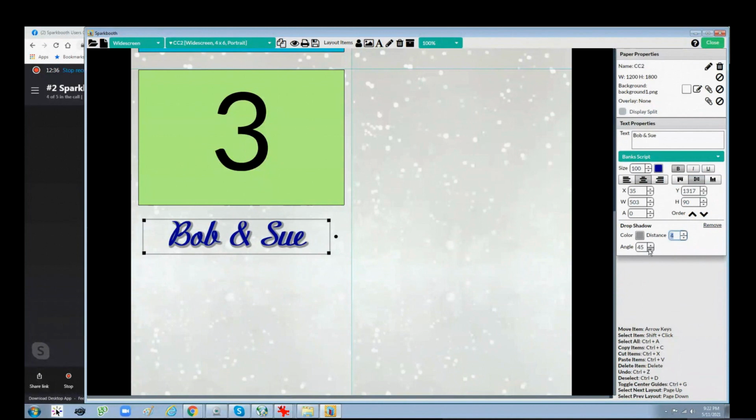But the angle of the shadow moves it from the bottom right, and it's shifting around to the bottom left, and it's shifting around to the top left. So you can actually shift that shadow so it's in a different area, all right? Instead of a shadow, if you wanted to put like a glow, now it's called glow because it starts with red,